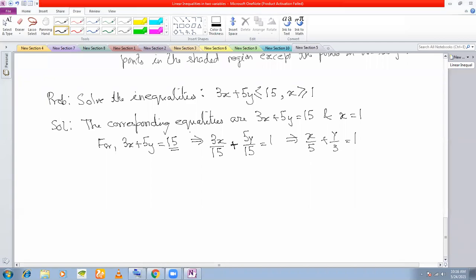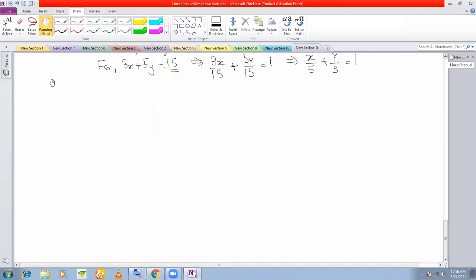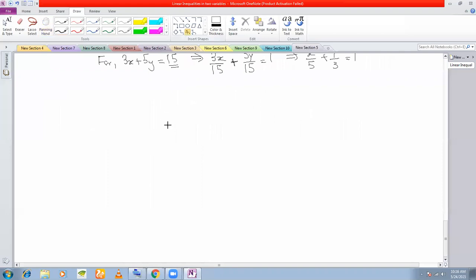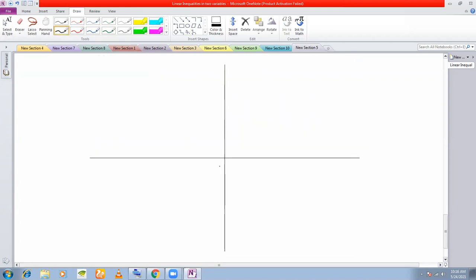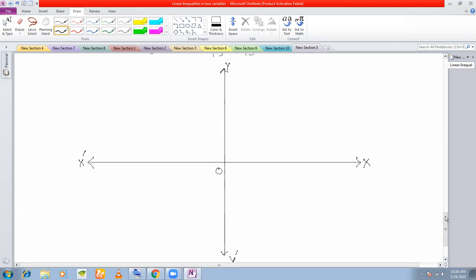You know x is equal to 1 is what kind of a line? Back in class 9 I told you, if you remember. What kind of a line is x is equal to 1? Piyush? Sir, x equal to 1, it means it will be parallel to the y-axis. Exactly, it will be a line that is parallel to the y-axis. Okay.